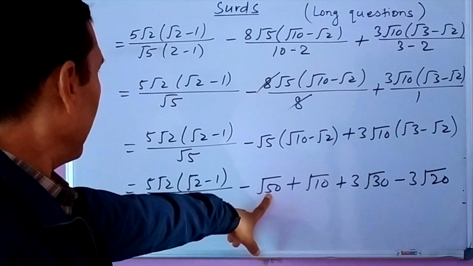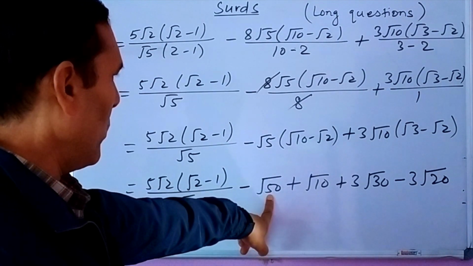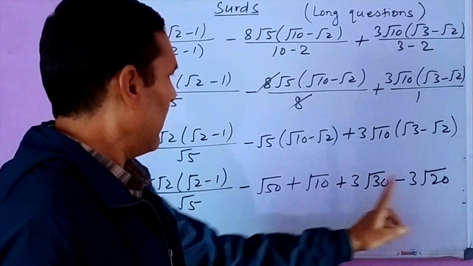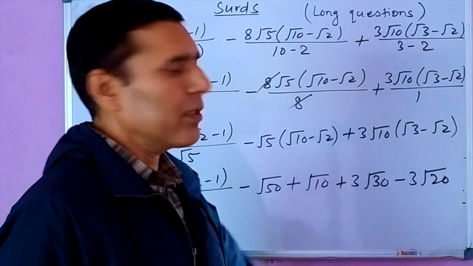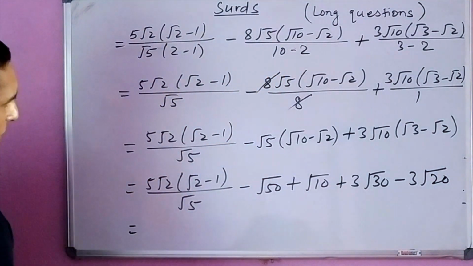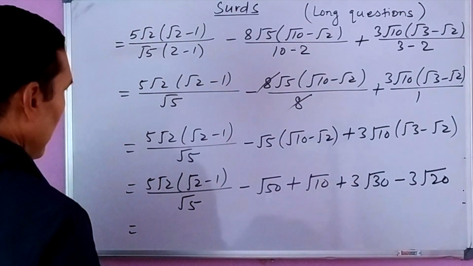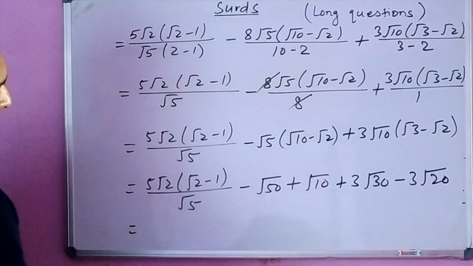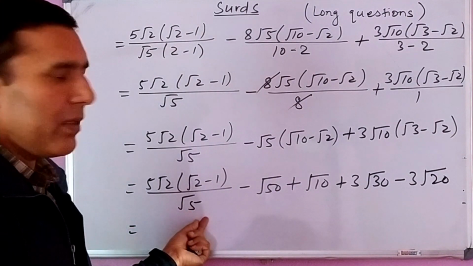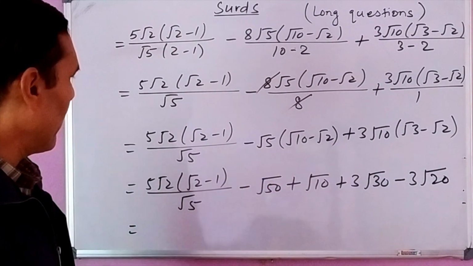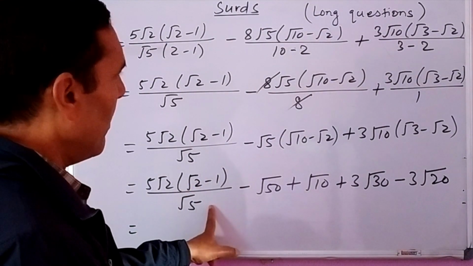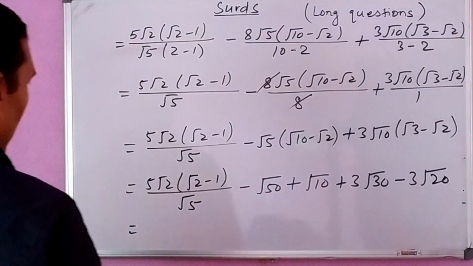Okay, this can be written as 5 into √2. This can be written as 4 into √5. This one and this one, under 50 and under 20, can be simplified more. We write the first one as it is, or we can multiply the first one also by √5 again in numerator and denominator, because we have √5 in the denominator. To remove this √5, that is, to change this into a rational number again, it is necessary to multiply this with another √5.